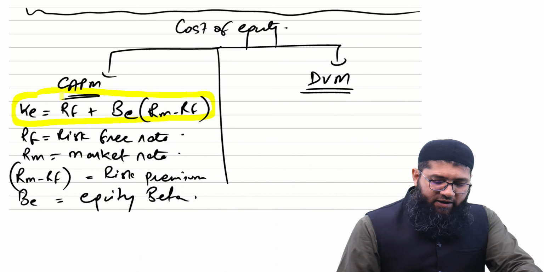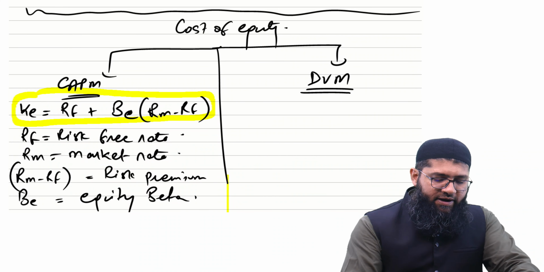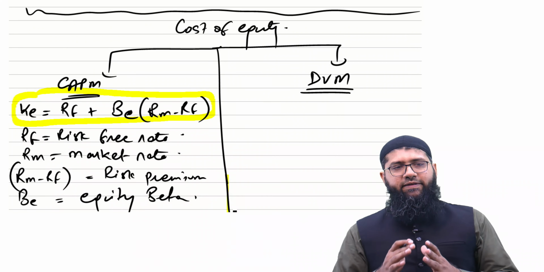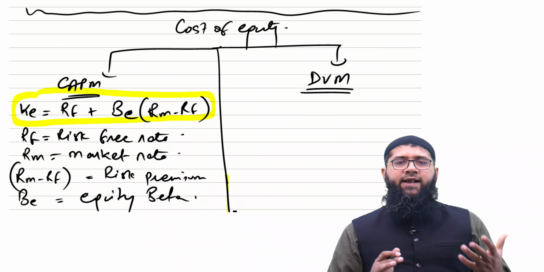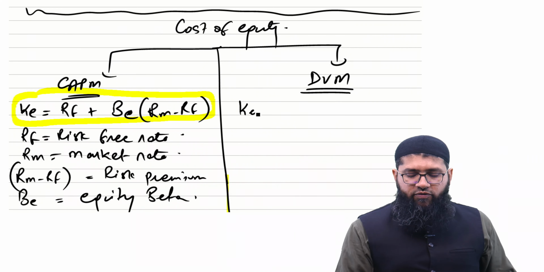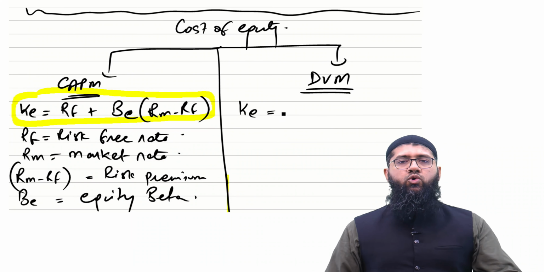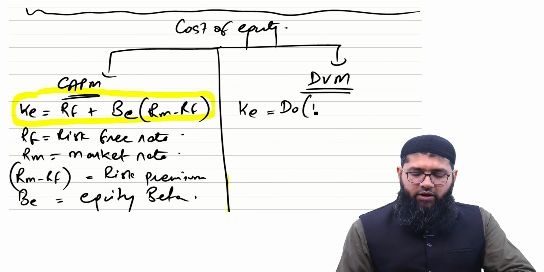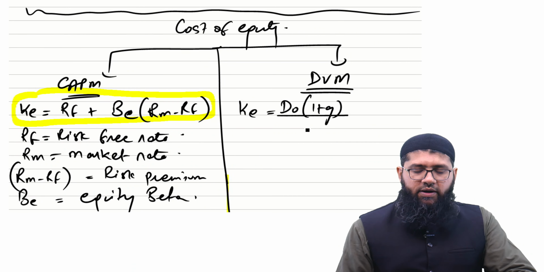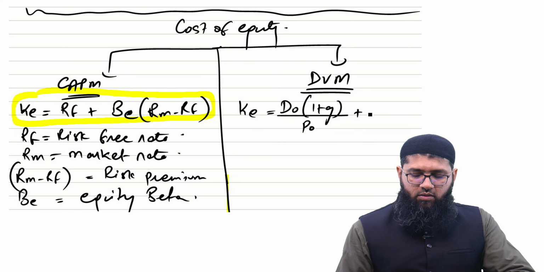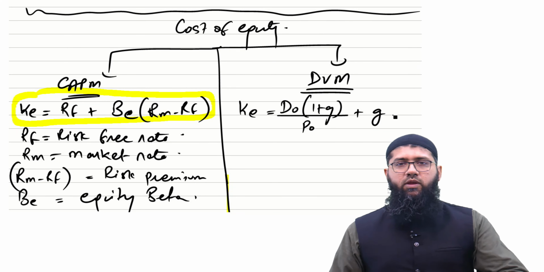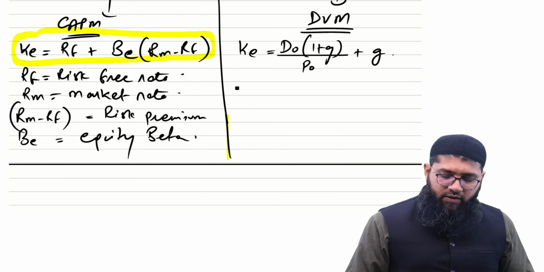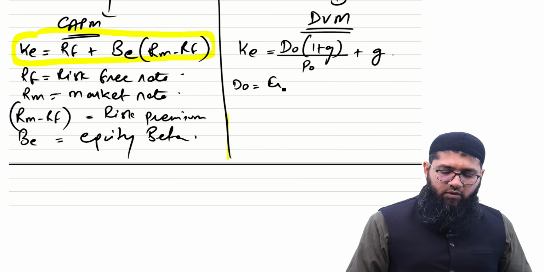Then you have got the dividend valuation model. When we talk about the dividend valuation model, it's actually a model for the valuation of shares. But we use this model to establish the cost of equity. How do we calculate it? D naught (1 plus G) divided by P naught, plus G. And when we talk about the components of this, we say that D naught is